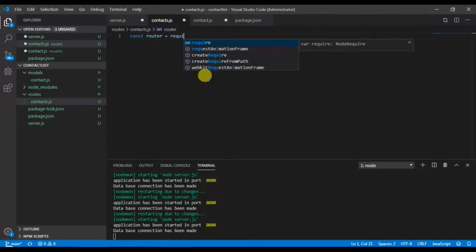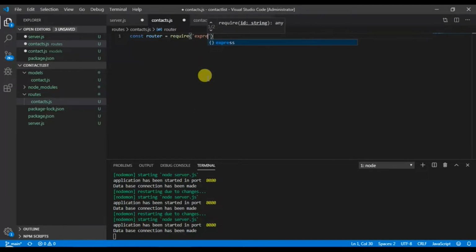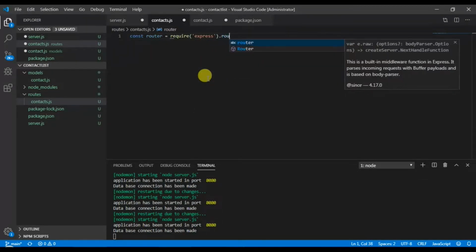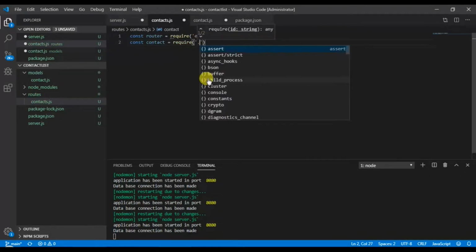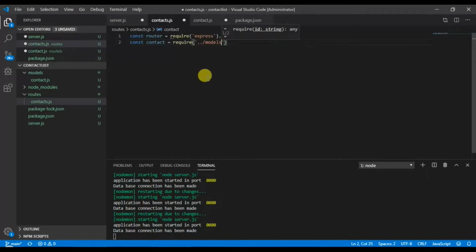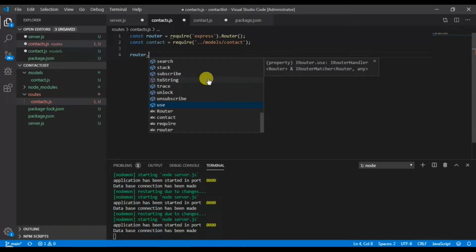As per my previous statement, we are going to use the Express router to handle HTTP calls. Then we will import the contact model, which allows us to create the data based on this model. Now we are going to capture the API calls. Initially, we are going to start with adding some data to the database.